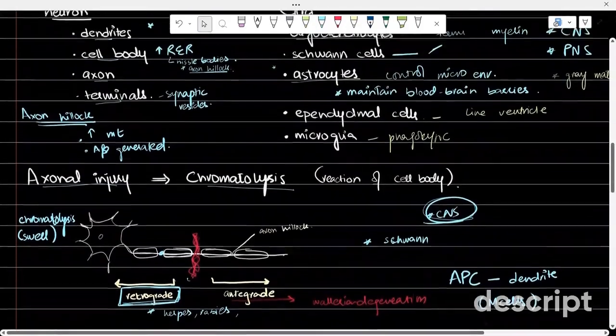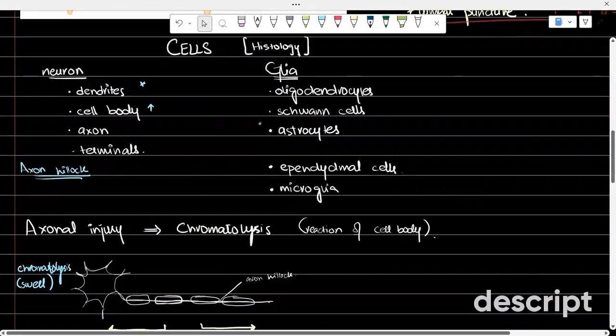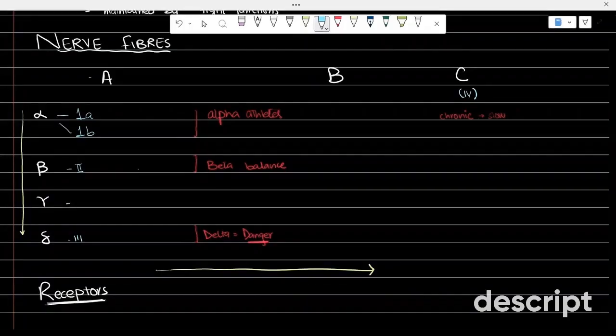So this is almost all you need to know about the histology. For nerve fibers, we have three basic types of nerve fibers: A, B, and C. A is further divided into alpha, beta, gamma, and delta. Alpha fibers have two sensory divisions: Ia, which is for muscle spindle, and Ib, which is for Golgi tendon organs. So remember this with the mnemonic alpha athletes. Athletes have big muscles, and alpha nerve fibers will be supplying the muscles,